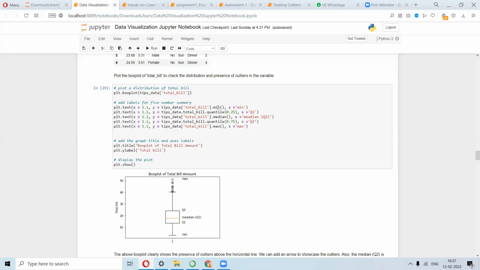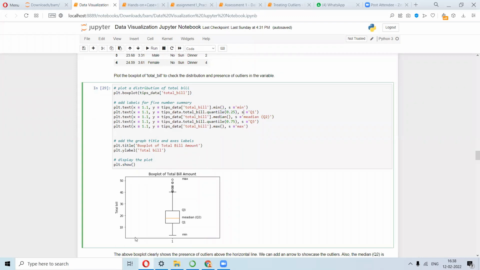So from there, you have minimum, right? So this is the text. For minimum, dot min, right? That's the minimum. So for that you write minimum. And then for y, you have the whole thing. And then you use this quantile. Quantile 0.25 will give you the first quartile, and this is your text, which you denote by Q1.